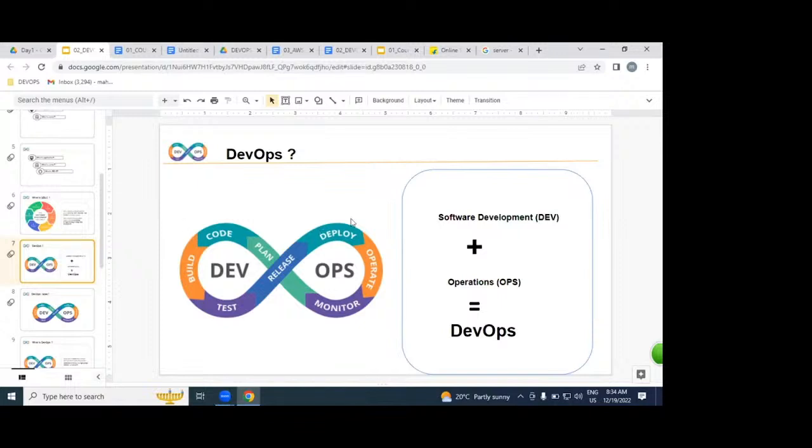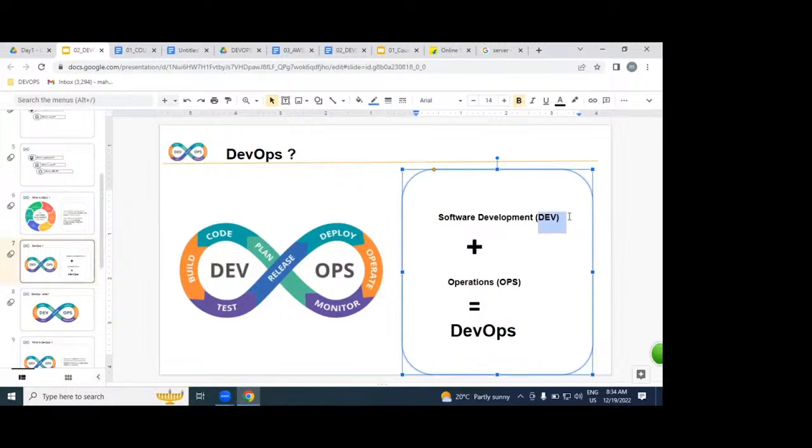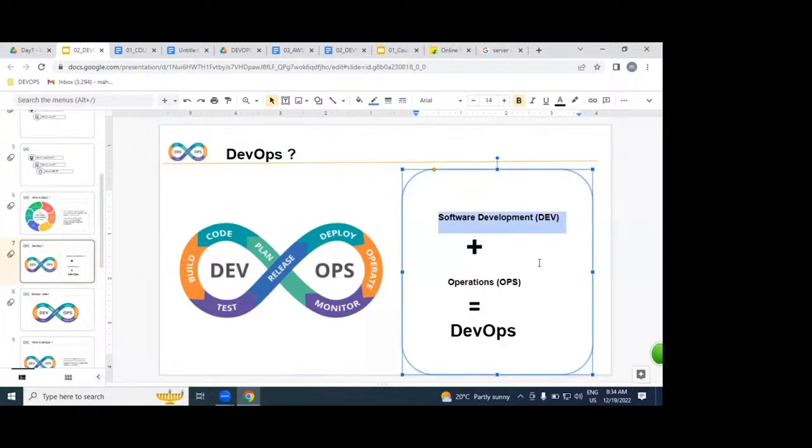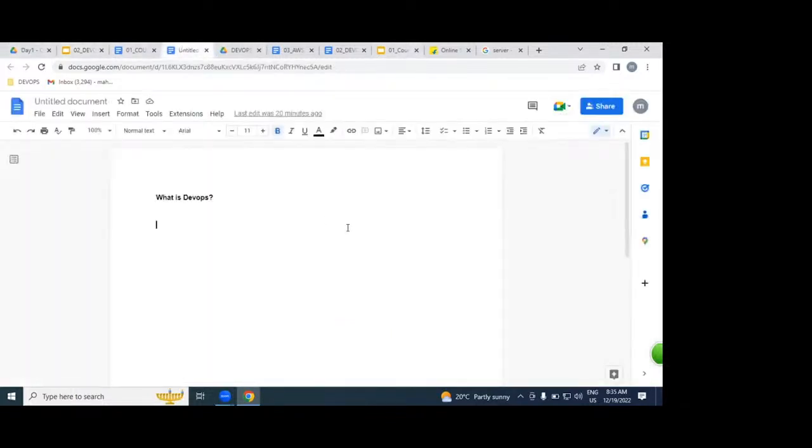What is DEV, guys, please? DEV is nothing but development. OPS is nothing but operations. The combination of software development plus operations, we call DevOps. For example,